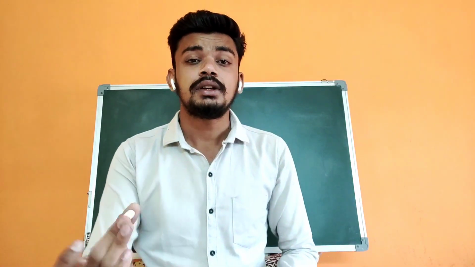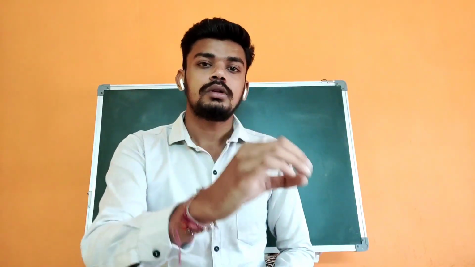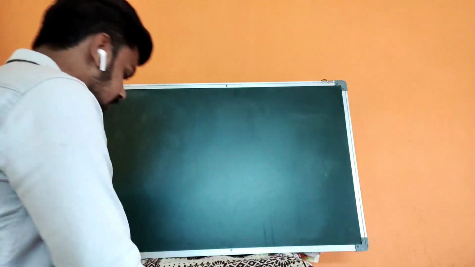Before that, let's perform an activity. Take a geometry box, and a simple box for the pen and eraser. Remove all the things from that, empty it completely. Then take an eraser. Now find out how many erasers you can use to fill the empty box completely. Then I'll tell you how you can find it.